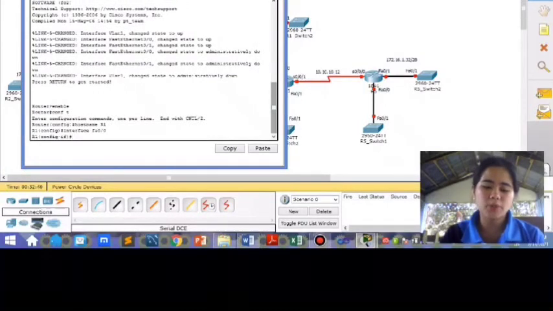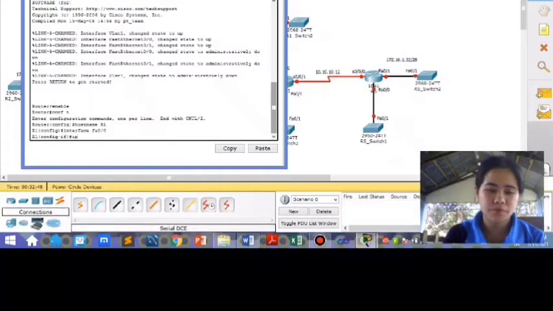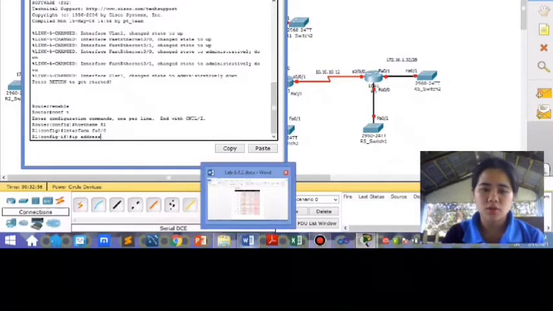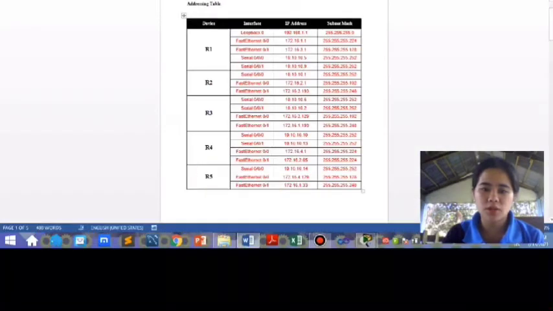After that, the prompt looks like Router(config-if)#. Then type the IP address together with the subnet mask. So FastEthernet 0/0 is